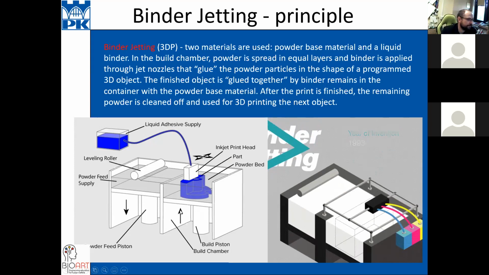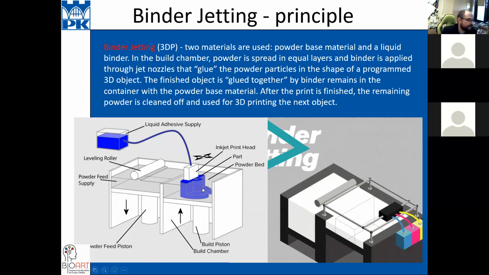Okay, on this picture it's a mistake, because this arrow must go down, and this arrow must go up. In this chamber you print your things, and here you have an inkjet print head, and like in a normal 2D printer, you inject the glue on the surface of